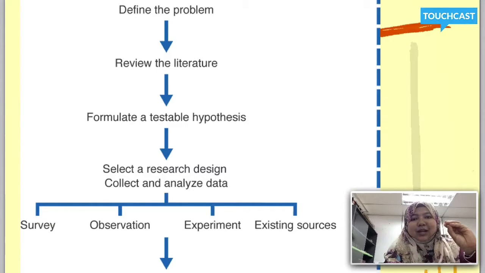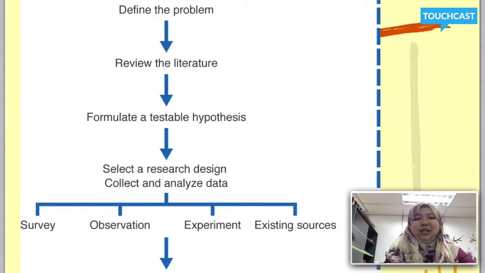Observation, when we use our eyes, okay, to observe people. All right, and also we must take note of everything that happened during that time. Okay, for example, if you want to take mat rempit as an issue, so why do mat rempit wear a different attire? Why do mat rempit always come out late night? Why do mat rempit have their partner, like their girlfriend, to take along during the competition of mat rempit? So this is part of